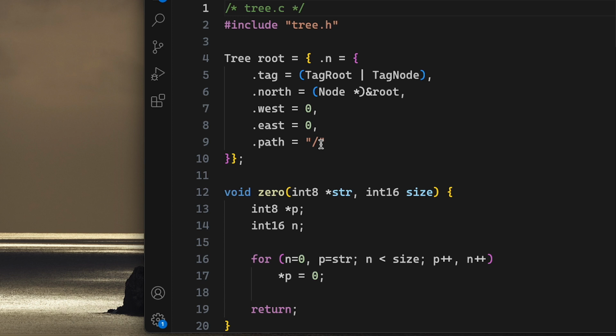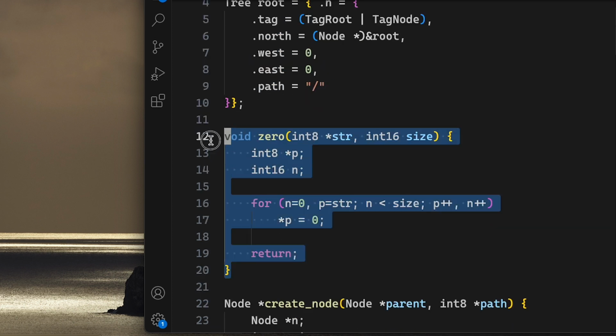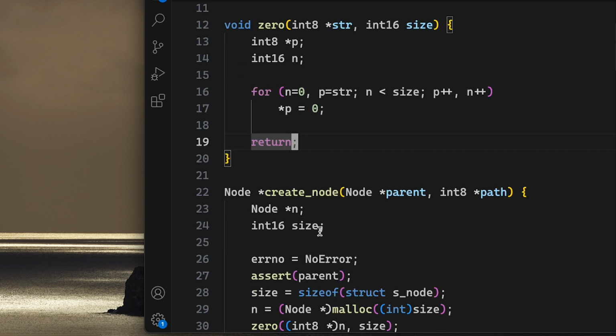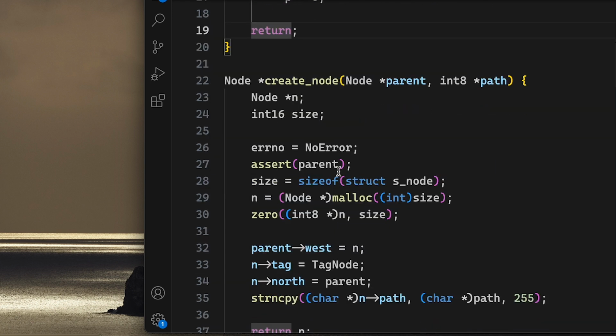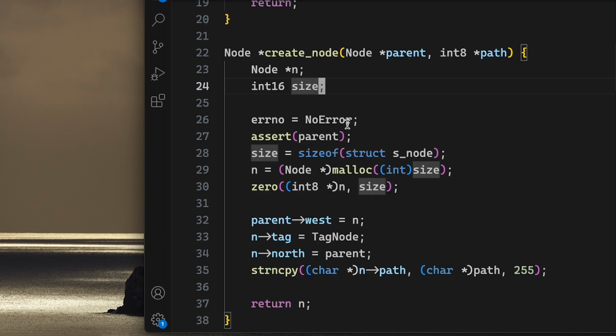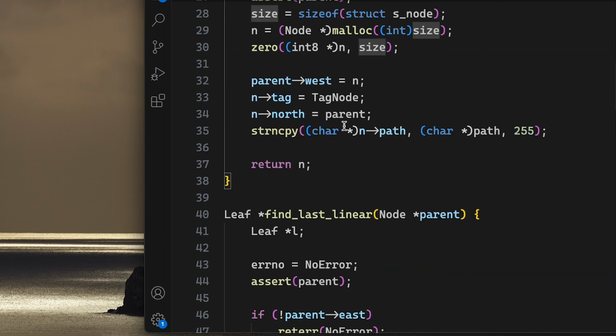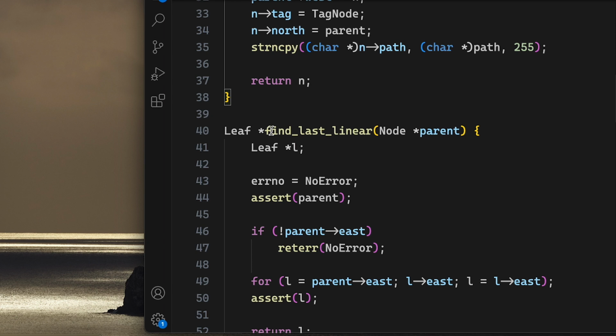Well, we have a couple of functions. This is the first node, by the way, of the tree. It's statically defined and it's the root of the tree. Then we have the 0 function, which simply memsets a variable to 0. And we have create node, which creates a node of our tree. So basically it will be like a folder containing the actual data structures. And here is a find the last leaf,